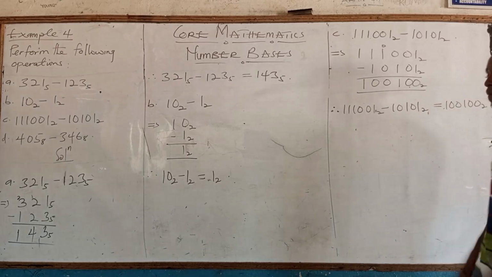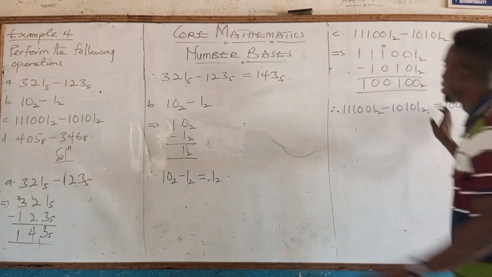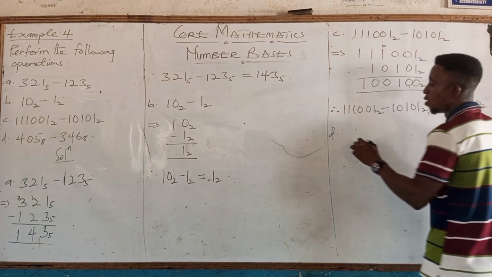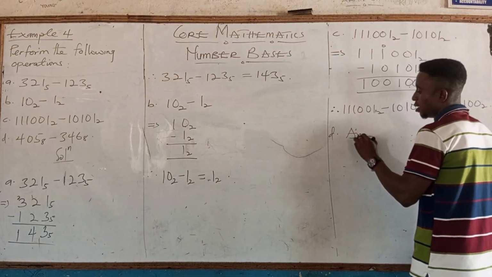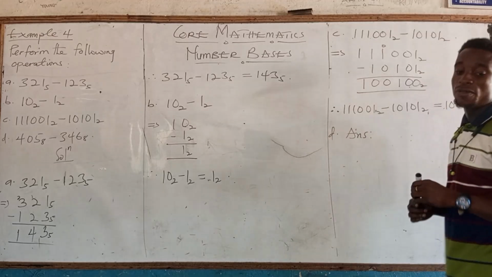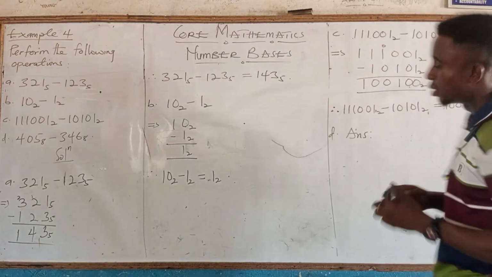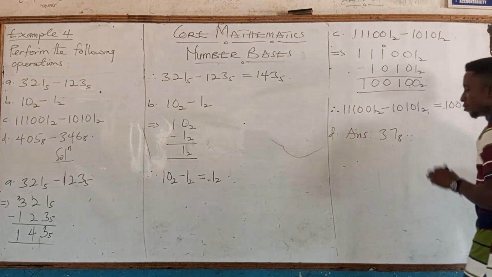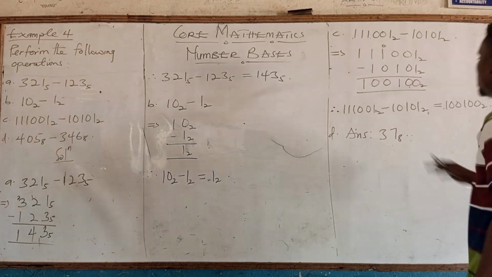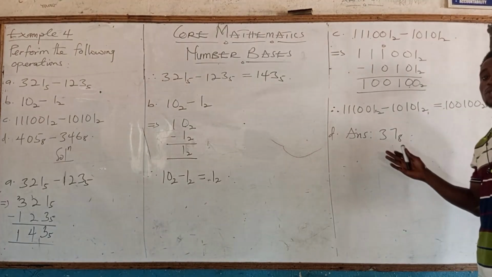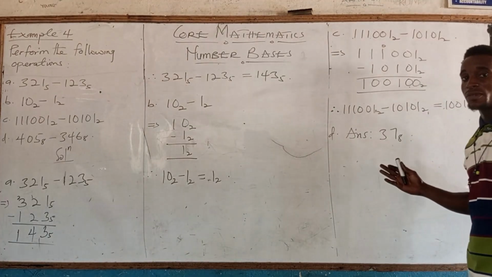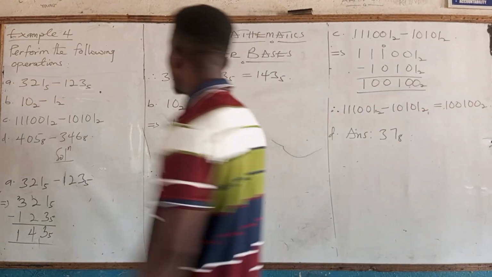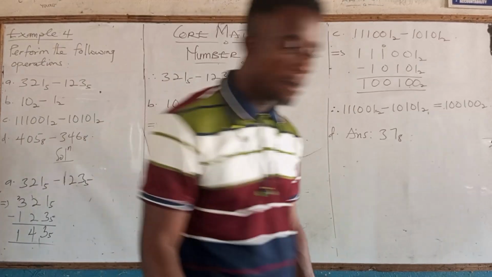Please, are we getting that? So that is that for this one. And the D will not be solved. The answer for the D, you can pause the video, then work it to get 3, 7 is 8. Okay, and I hope you're able to get this one, right? After pausing the video. Okay, so that is correct. So let's proceed to example number